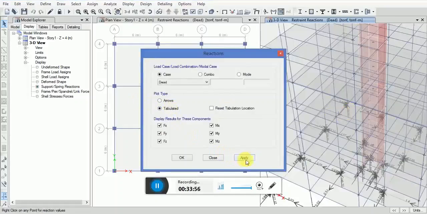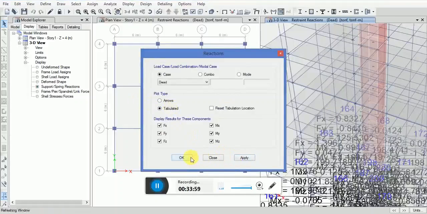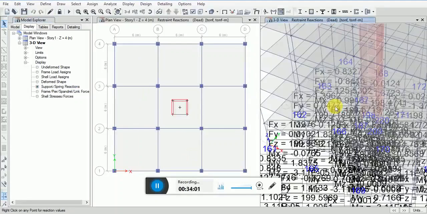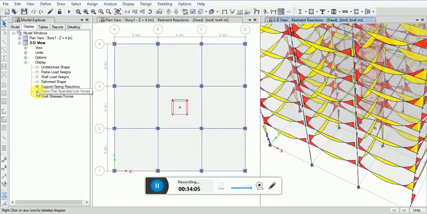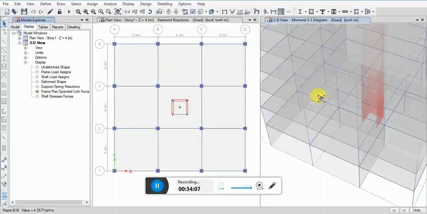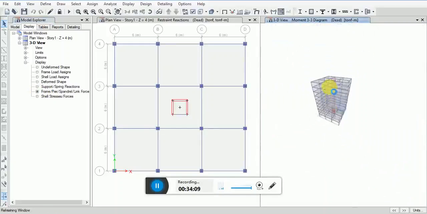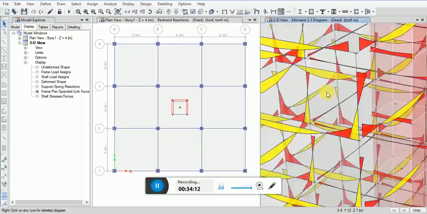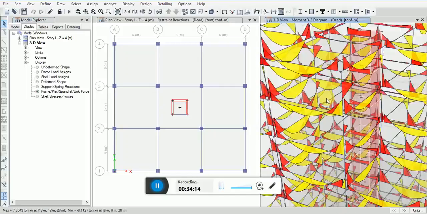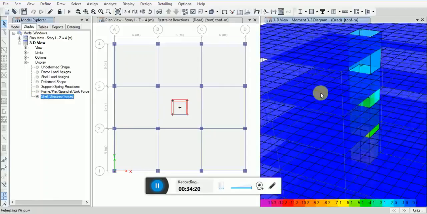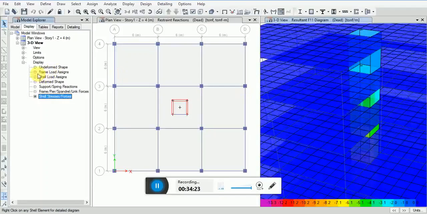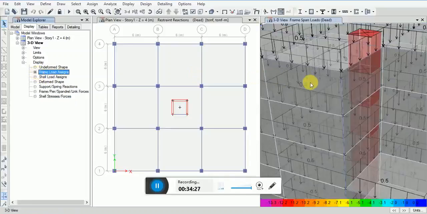Or you want to see in tabulated, you can see in tabular form. You want to see frame, or the piers, shell stresses, shell load assign,